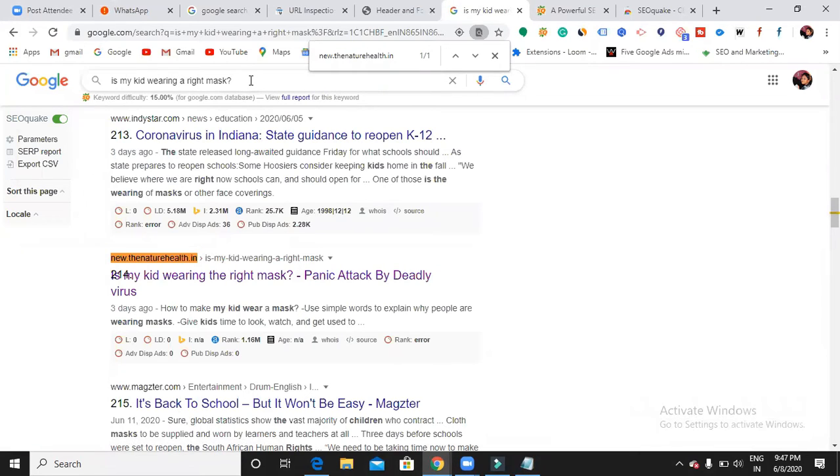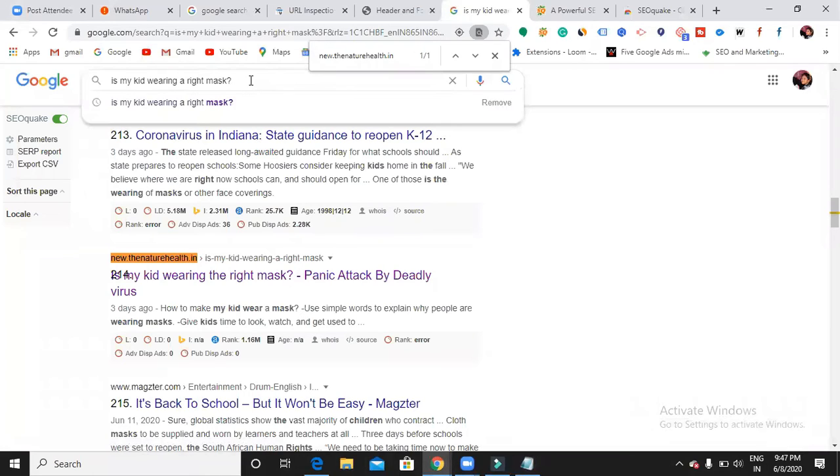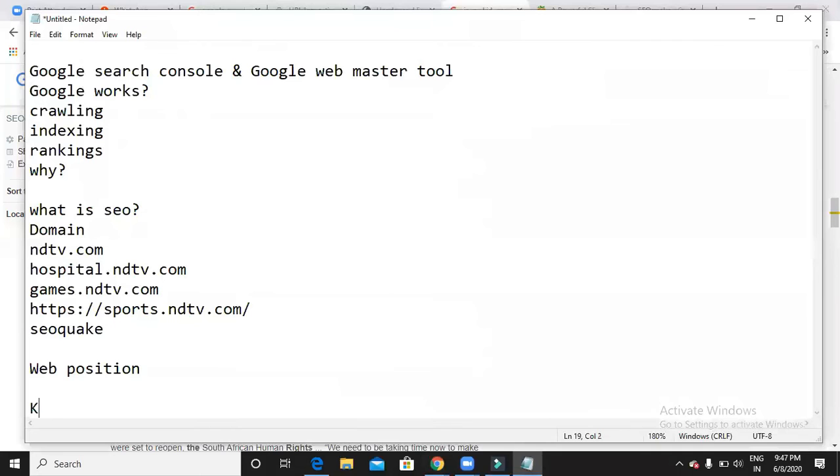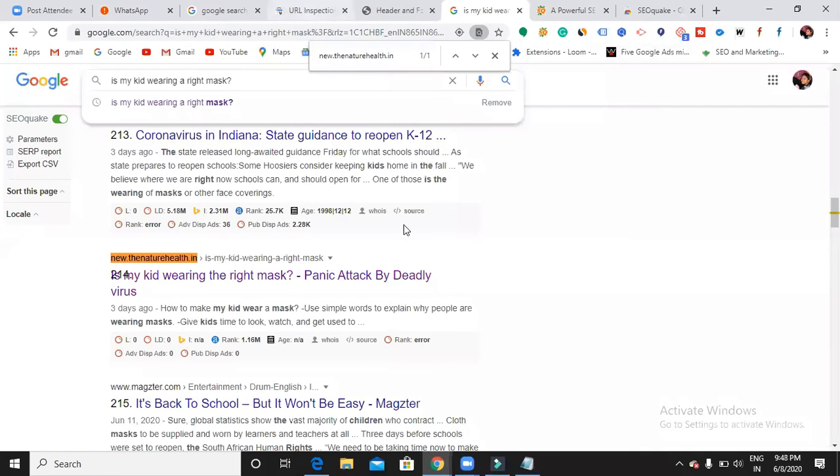No, I need multiple keywords. So you'll be having some COVID-19 cases. So what are the reasons for COVID? So you'll be having multiple kinds of keywords which you want to appear for in the SERP, right? So I want you to mention all the keywords here. Okay. So let me discuss it later after completing this Google Search Console.